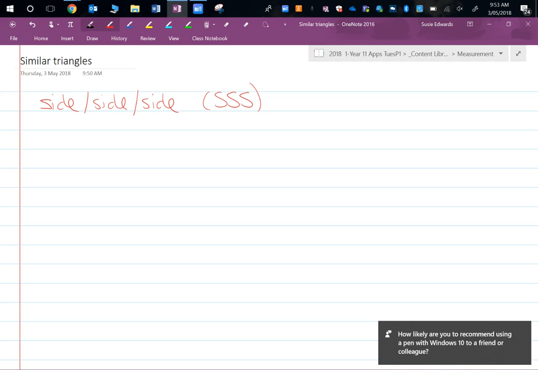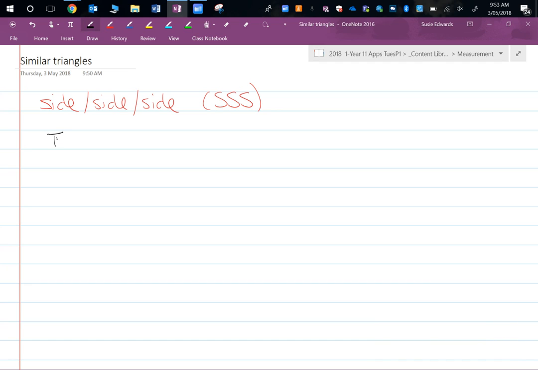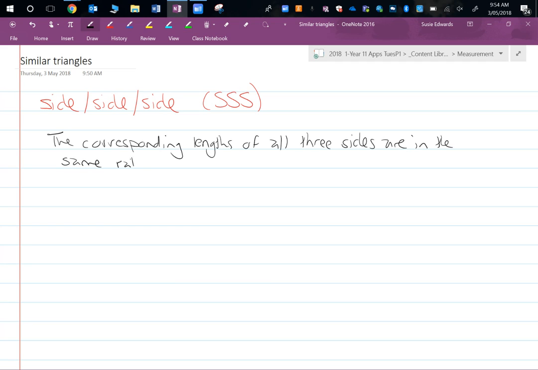Okay, so the corresponding lengths of all three sides are in the same ratio. Which means